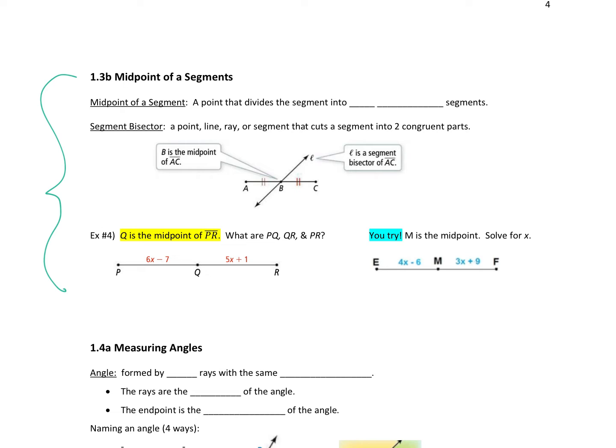So today we're going to talk about what's called a midpoint of a segment. Any guesses what a midpoint is? The middle point, okay? It's a point in the middle of a segment. So if I'm talking about my arms right now, my midpoint is right here, directly in the middle of my two arms. So it's a point that divides the segment into two